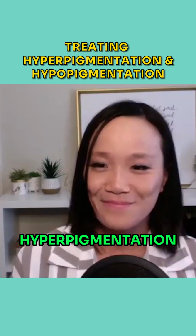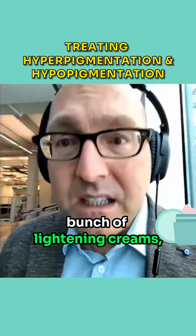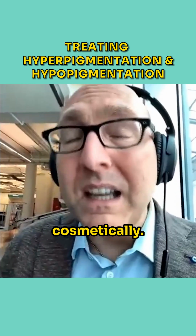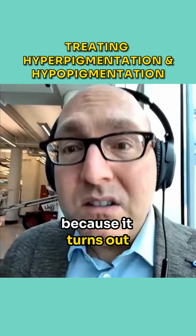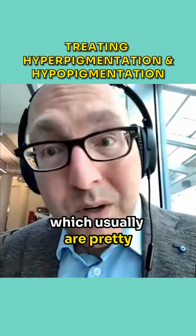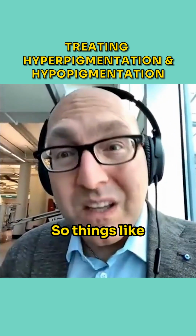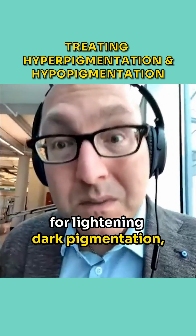For hyperpigmentation, we have probably more options. There are a whole bunch of lightening creams, sometimes called bleaching creams, that can be used, everything that we can use cosmetically. But we have to be extra careful in our sensitive skin patients, because it turns out that things like hydroquinone, which usually are pretty well tolerated, sometimes in my more sensitive patients can be very irritating. Even retinoids, so things like tretinoin or its cousins, can be very helpful for lightening dark pigmentation, especially